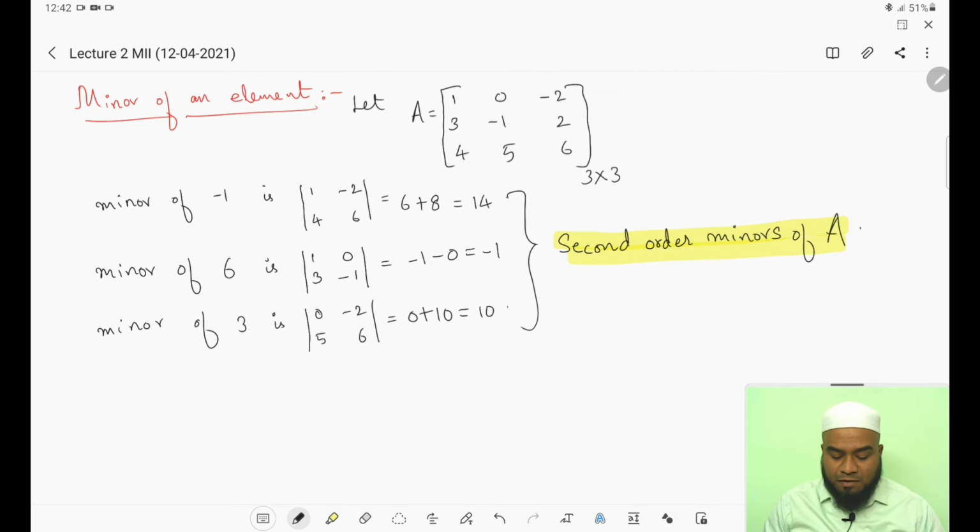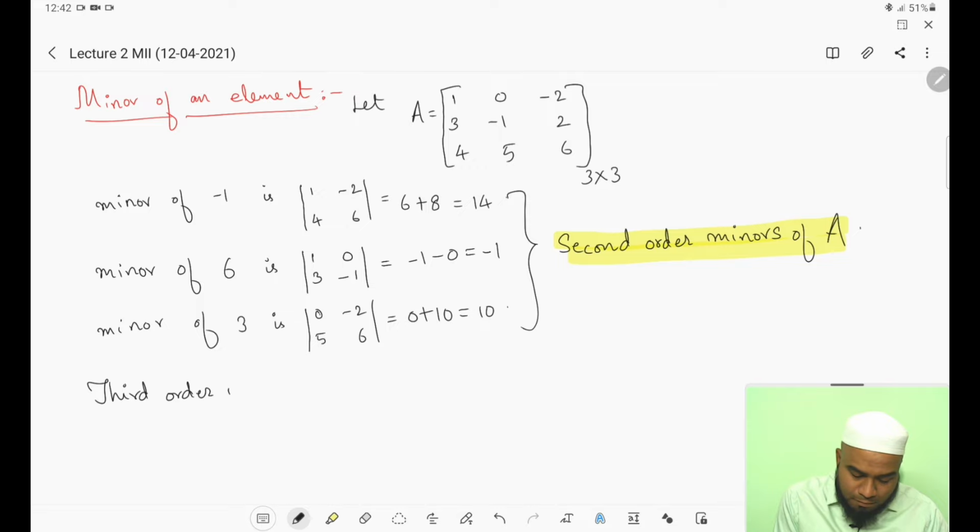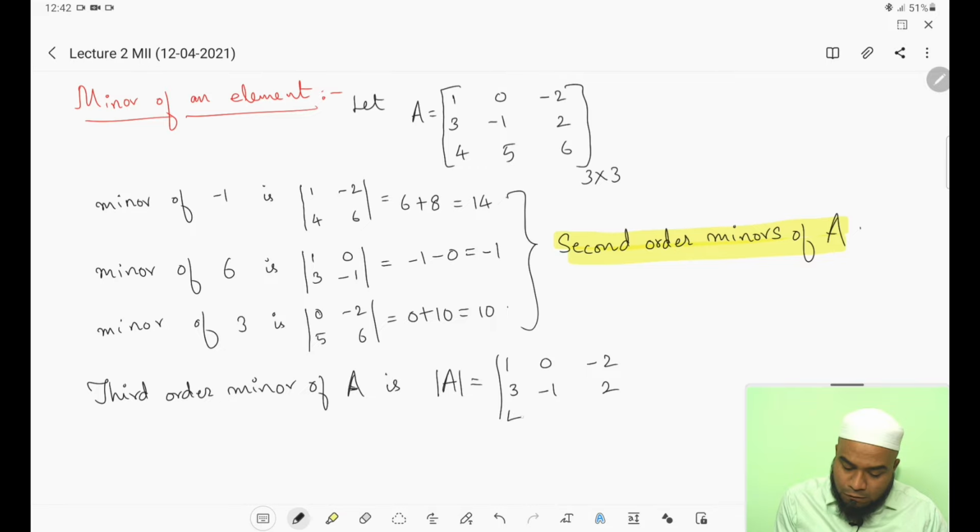Now, what will be the third order minor for this matrix? Second order we are saying because it is having 2 rows and 2 columns. The same way, what will be the third order minor for this matrix A? The determinant of the 3 by 3 matrix. Determinant of 3 by 3 matrix means determinant of A only, right? Third order minor of A will be given by the determinant of A, which is the determinant of 1, 0, minus 2, 3, minus 1, 2, 4, 5,